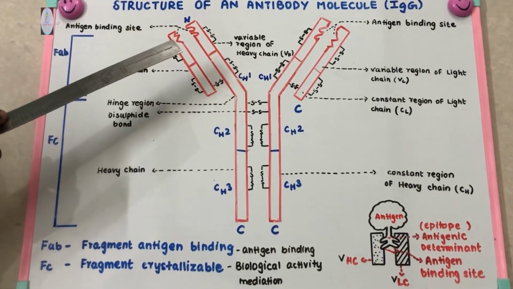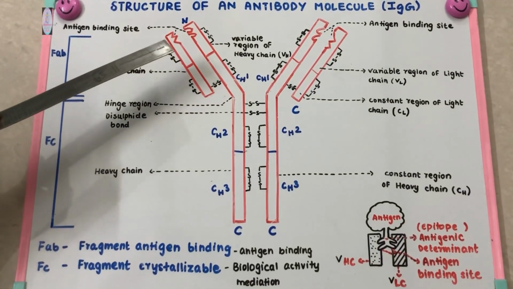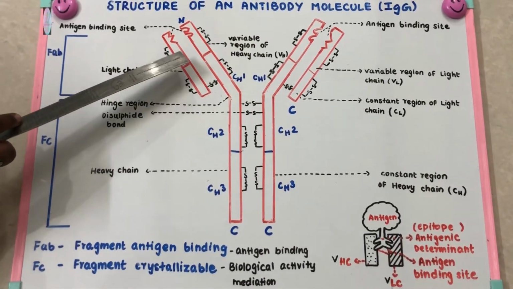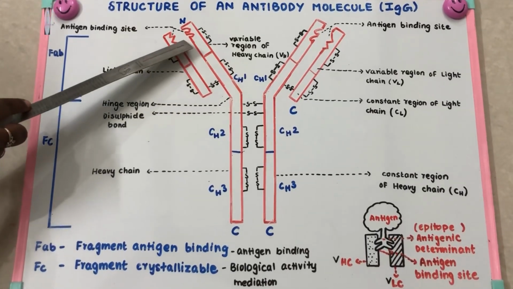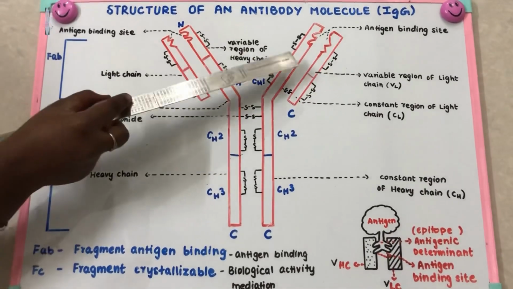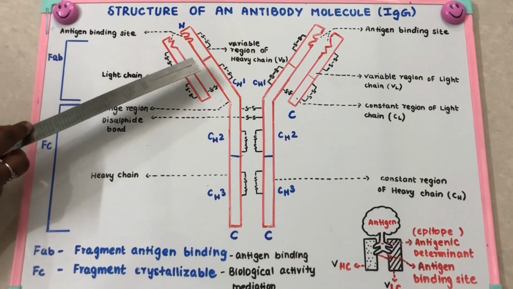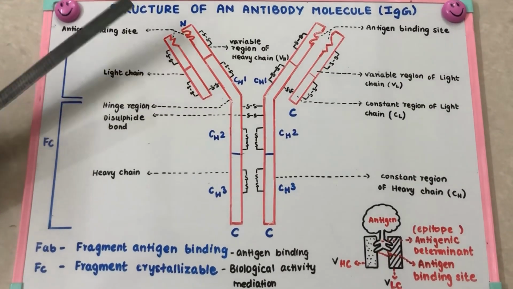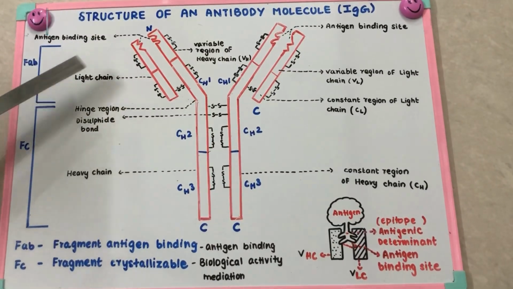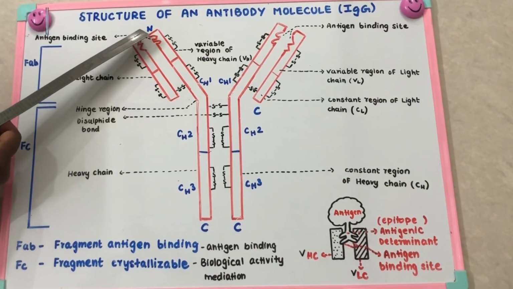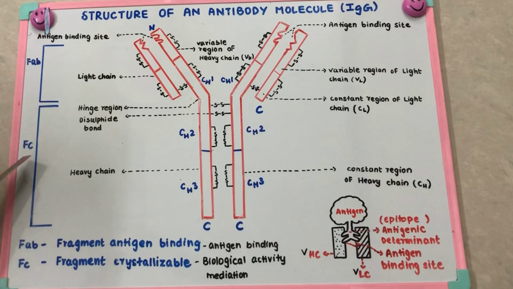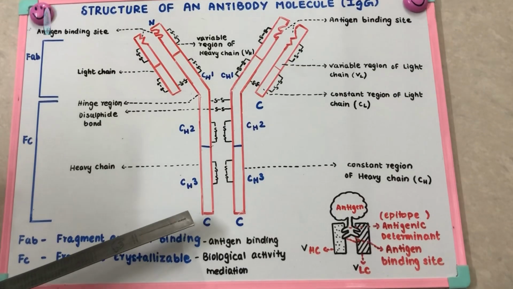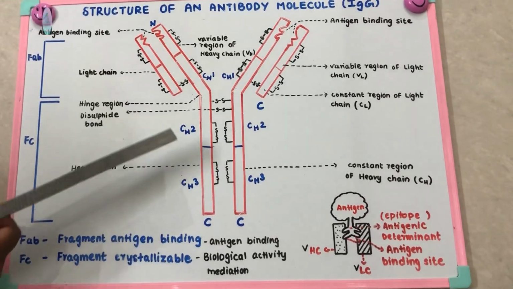Then the terminus of each heavy chain forms an antigen binding domain with the light chain. There are 2 antigen binding domains forming the arms of the Y-shape. So there is one here and the other one there. It forms the Y-shape of the antibody. The study of antigen and antibody interaction is called serology. The FAB region is present in the N-terminal segment, and the FC, that is fragment crystallizable, is present in the C-terminal, that is the carboxyl terminal of the heavy chain. That only forms the FC domain.